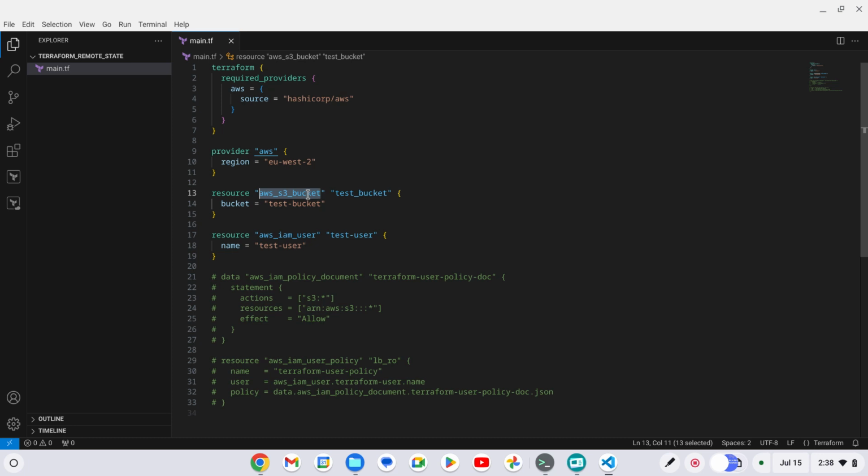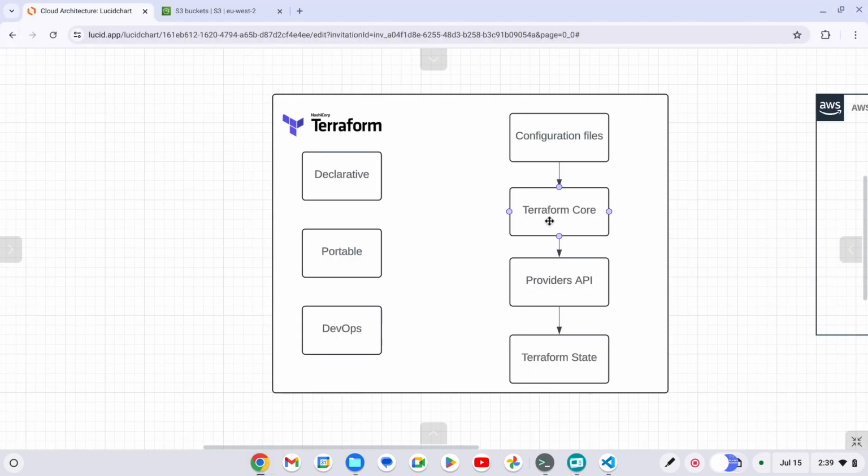So AWS has got one for bucket, one for user, for example. GCP is going to have similar ones for their cloud storage buckets, and Azure is going to have its equivalent resource blocks for storage accounts. But these are just keywords. Same for provider. I'm using the AWS provider for the EU region, and I'm also saying that I need to use AWS provider APIs basically. So before I jump into that, there's Terraform Core,